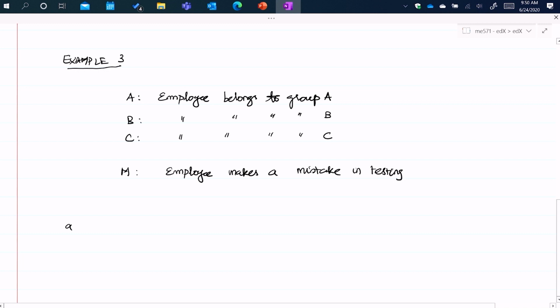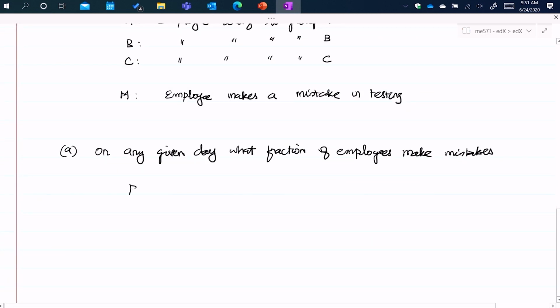So let's start with part A. On any given day, what fraction of employees make mistakes? So really what we are seeking is probability of M. M is the event that an employee will make a mistake. So what we are seeking is probability of M, and it can happen only one of 3 mutually exclusive ways. Employee belongs to group A and makes a mistake, or employee belongs to group B and makes a mistake,